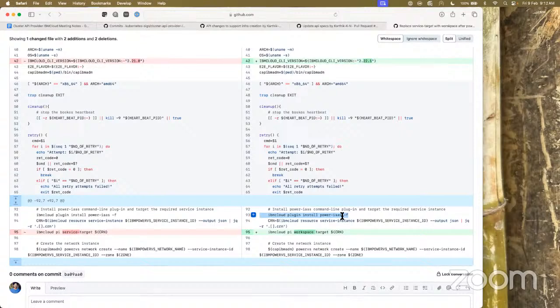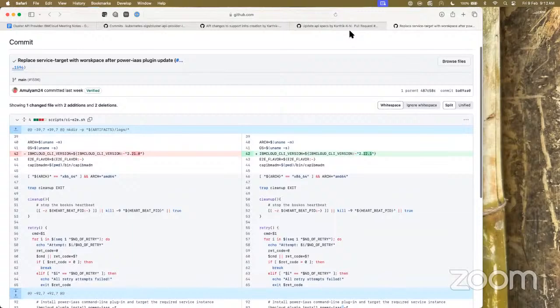Yeah. While doing this install plugin, you can mention the version, right? So that is possible. Yeah, I'll check. Maybe we can think about that. Because always installing the latest will definitely break something for sure. Yeah, we never know what changes they're going to make in the latest version. Yeah, maybe we can do that. I'll check that.